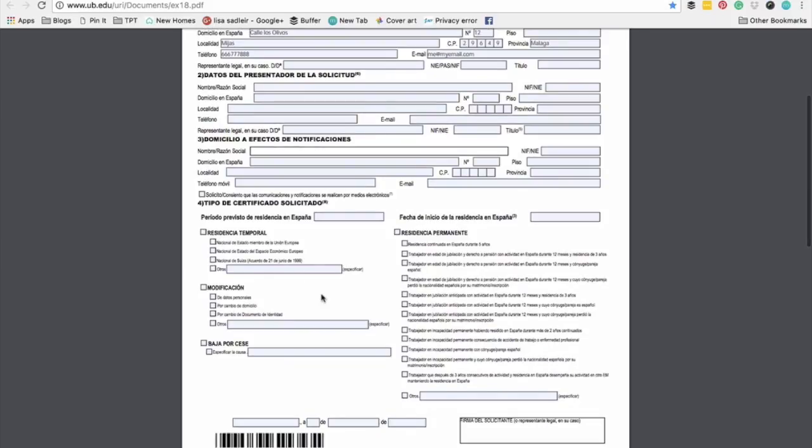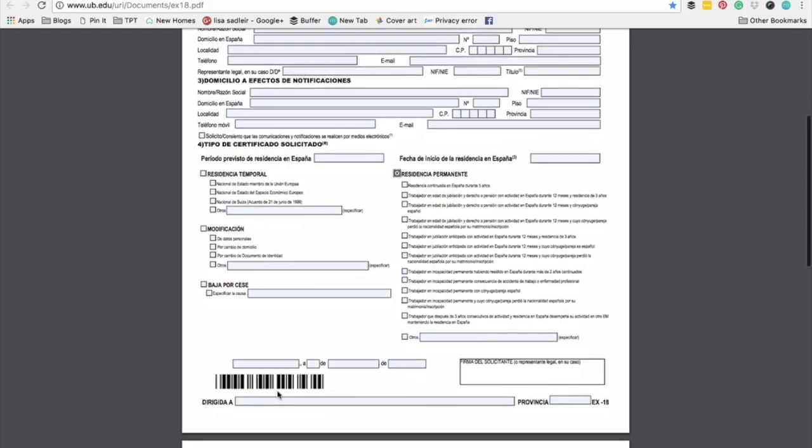Now, this bottom bit always confuses people. It's basically saying what type of application are you applying for. If in doubt, leave this blank and speak to the people at your local office. They will guide you on what you should submit, but basically you're almost going to be put indefinite here because you're applying for residency because you're planning on staying in Spain indefinitely. You might want to put the date that you first arrived in Spain, but for EU residents this isn't really that important. You can tick that you want the permanent residency,